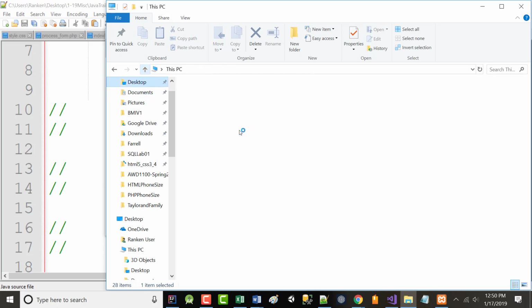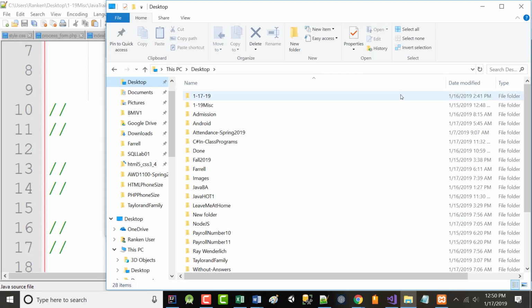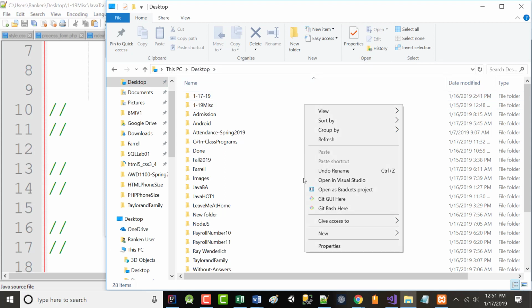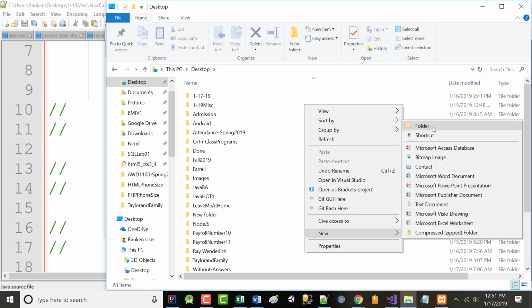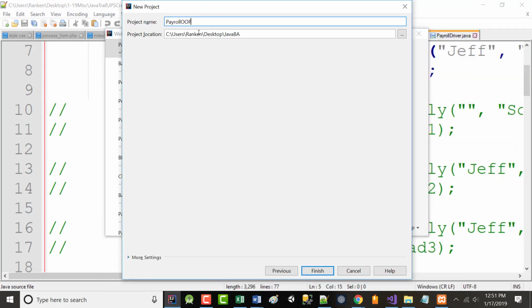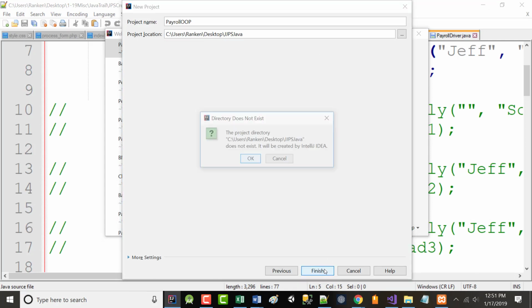So, all right, I'm on the desktop, and I'm going to create a new folder here. It's just called JPS Java, and there's nothing in it. All right, desktop, JPS Java, and I'm calling it Payroll OOP.